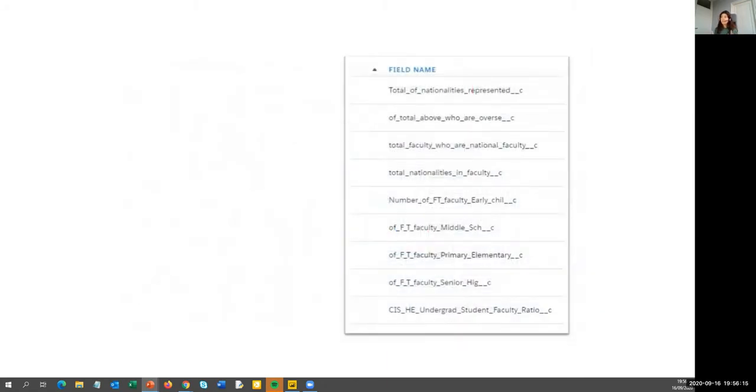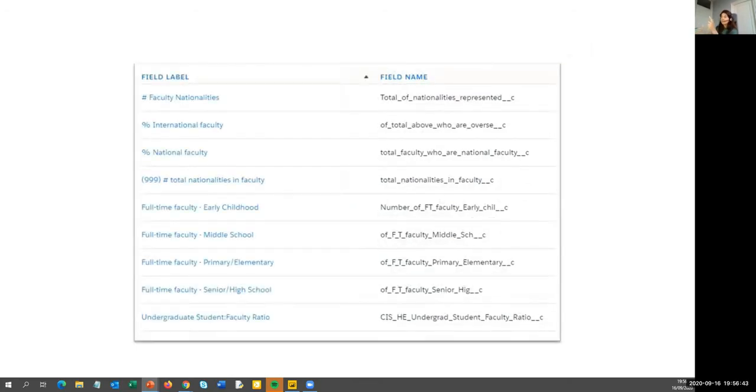Something else is we work with API names. So the clearer your API names, again, the easier it's going to be to build reports. These are real API names that we have. If I need the total number of nationalities of my faculty, I have to work with this, and now I know. But in the beginning, it was quite time consuming to be checking, okay, I need the first field. And the last one,